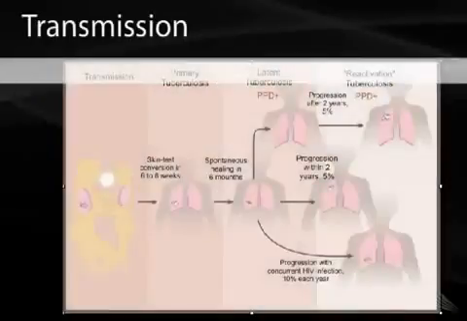This figure shows the clinical scenario with tuberculosis. What happens is you get transmission. In this figure, the mom has a hacking cough, and she spreads the tuberculosis in her respiratory droplets to the child. Within 6 to 8 weeks, the child is going to have a positive PPD test. The bacteria sets up an infection in the lung because it's a facultative aerobic organism, and you've got spread throughout